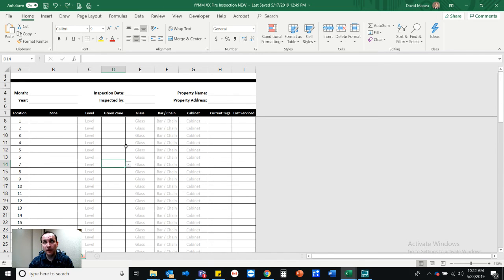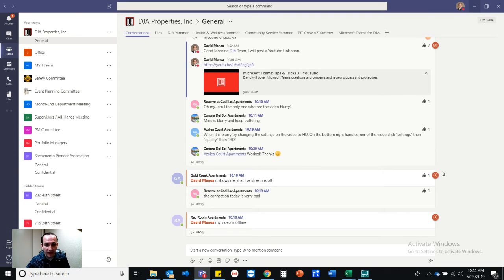So the new fire extinguisher inspection form won't have those boxes that say yes and no. Those boxes actually create a lot of problems for us. That's why you're not able to open the file or view it, or it pops up with certain errors. So we changed that. We got rid of the boxes, and now it's a drop down where you can select yes or no. The current tags also say yes and no as well. So we're fixing that. We'll be putting that out by tomorrow,